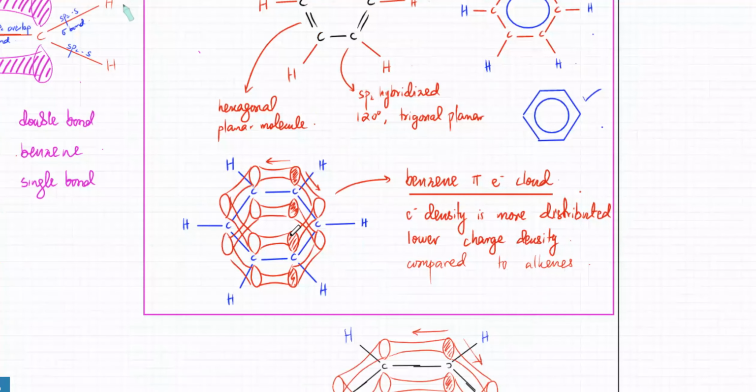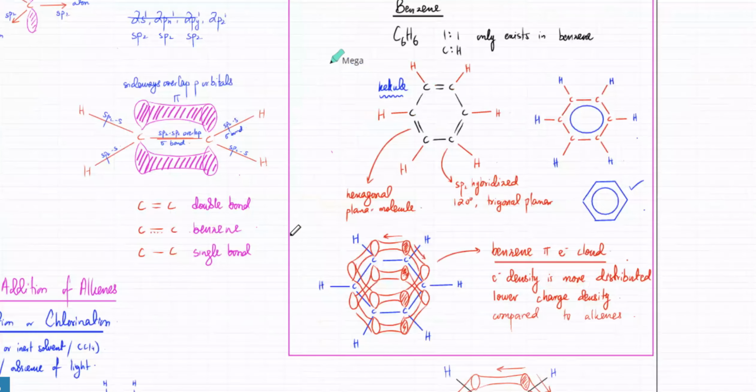So the only difference between a normal alkene and benzene: they're very similar, but they're also very different at the same time. The similarity ends over here, in that this also has a pi bond. It's a carbon atom making 3 bonds, and the 4th electron overlaps with the other carbon atom's 4th electron. They overlap above and below and end up forming pi bonds. The same thing exactly applies to benzene as well. But the difference is,